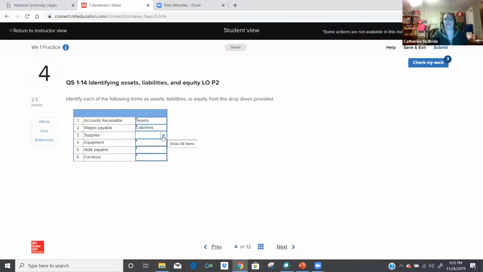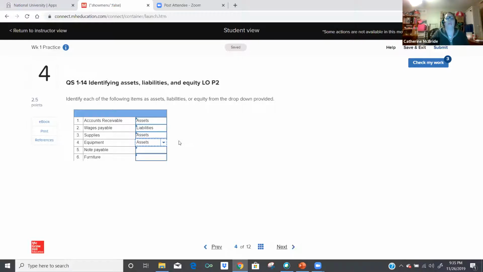Supplies. Is supplies an asset, a liability, or equity? Good job, Mark. Supplies is an asset. There's a future benefit in those supplies. I'm going to use them for the future benefit of the company. Equipment. Is equipment an asset, a liability, or equity? It's an asset. My equipment, the machinery, or the vehicles, or the furniture, all of those things have future value